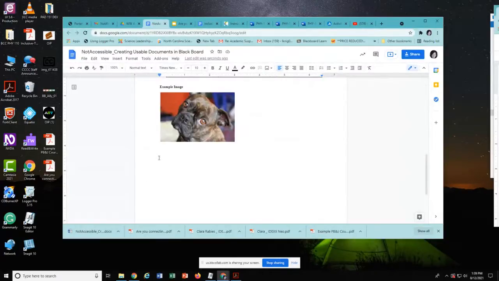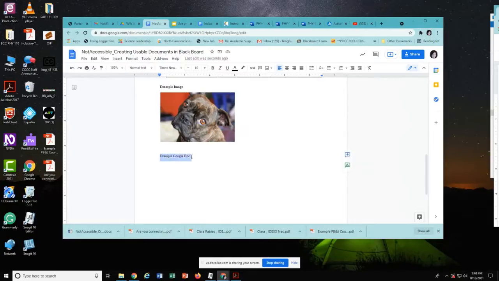So I'm going to put a hyperlink in this document, and instead of just copying the hyperlink, the web address, I'm going to actually give it a name. I can call it example Google Doc. So in my assignment, I would say, please download the Lab 1 instruction worksheet or whatever. And then I would highlight the name of that document, and then I will click the link button, and I'll just paste the link